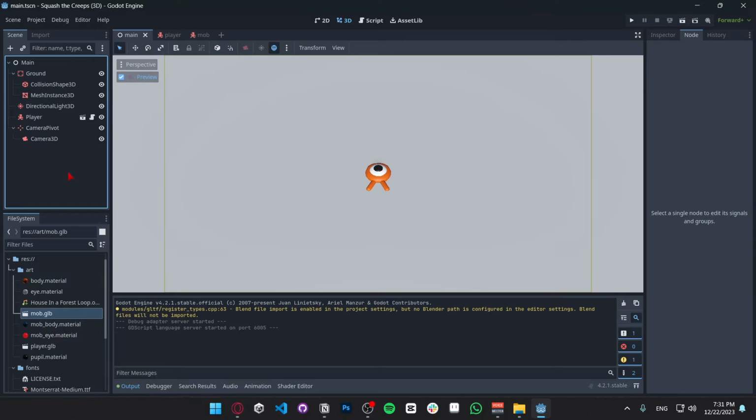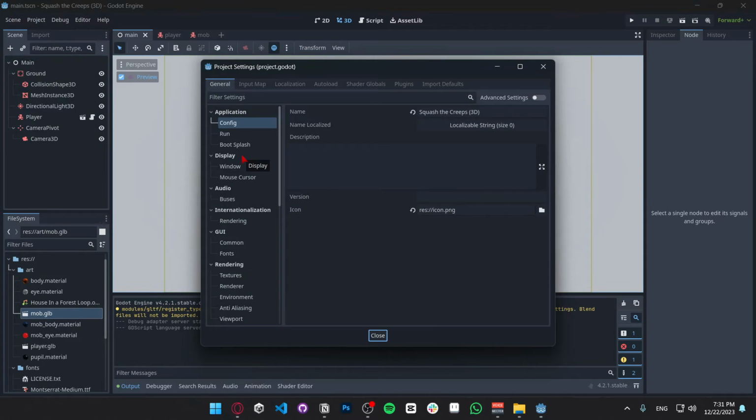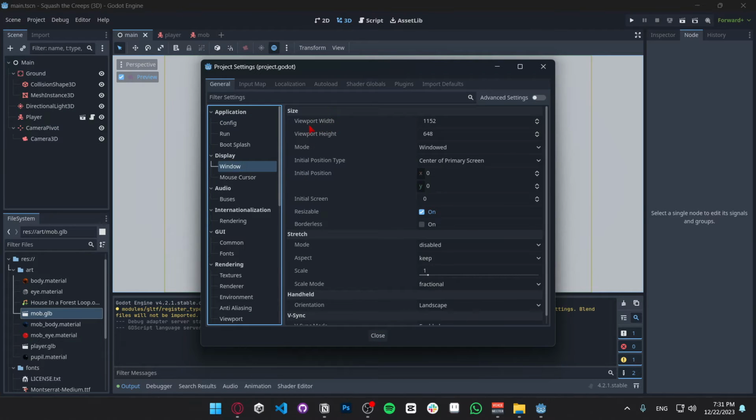In this part, we are going to spawn monsters along a path randomly. Before drawing the path, we are going to change the game resolution. So, go to Project, Project Settings, navigate down to Display, then here Window, and here as you can see we can change the viewport width and height. So, let's put the following resolution, 720 by